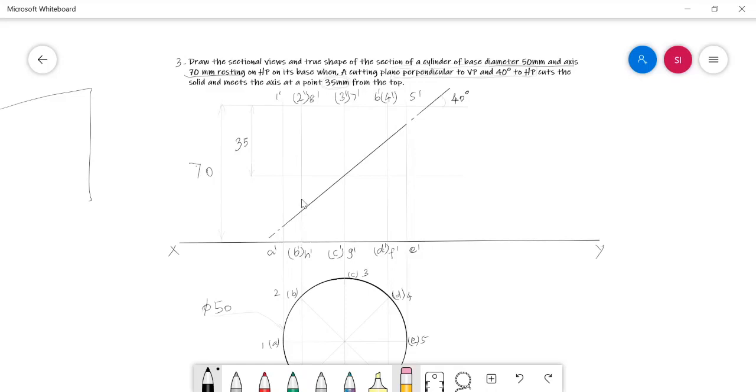generators. In the previous problems, we worked with polyhedrons, that is prisms and pyramids. There, when a cutting plane is cutting an edge, say it is a lateral edge or base edge, we need to avoid a cut point. Similarly, in the case of solids of revolution like cylinder and a cone, in order to draw the true shape of the section and a sectional top view or front view, we need to mark the cut points whenever a cutting plane intersects with a generator line, whether in the base circle or in the lateral generators.